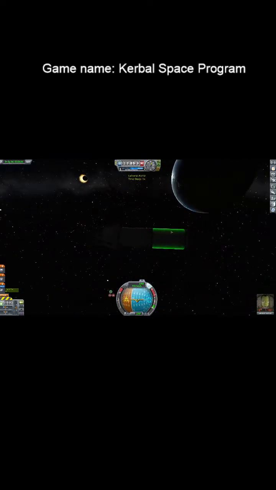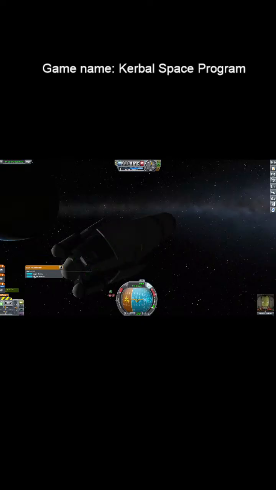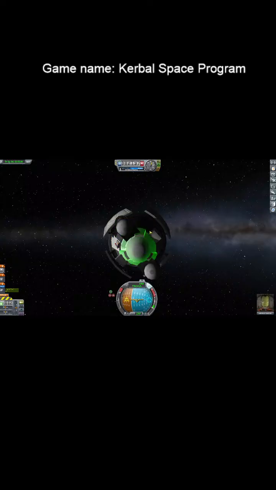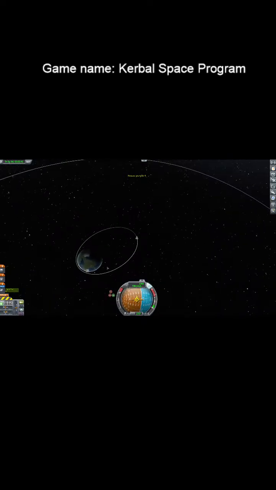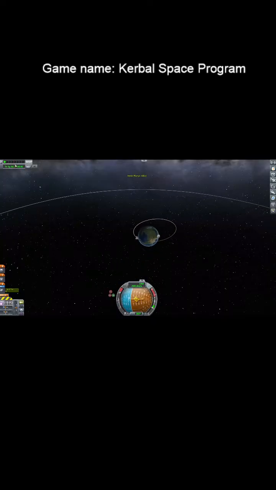Alright, now that I'm all the way out here. Pressure. Great. Feels right at home here. It's space goo. Alright, and now I burn retrograde, I think. And now I'm gonna land on Kerbin. If this goes perfectly...